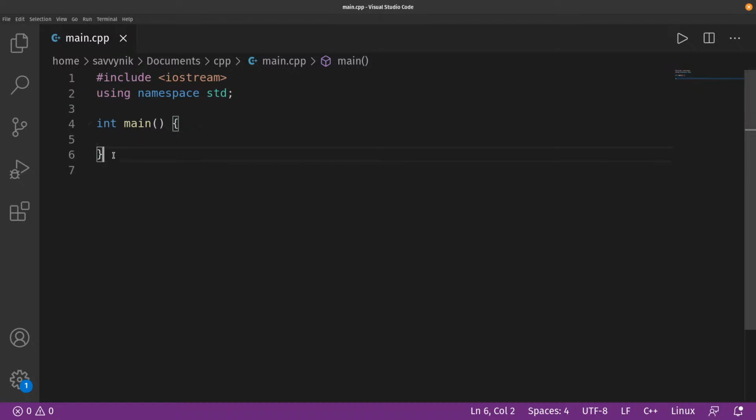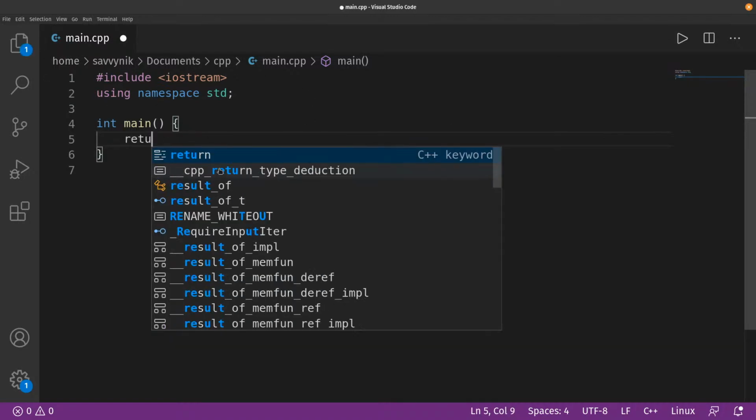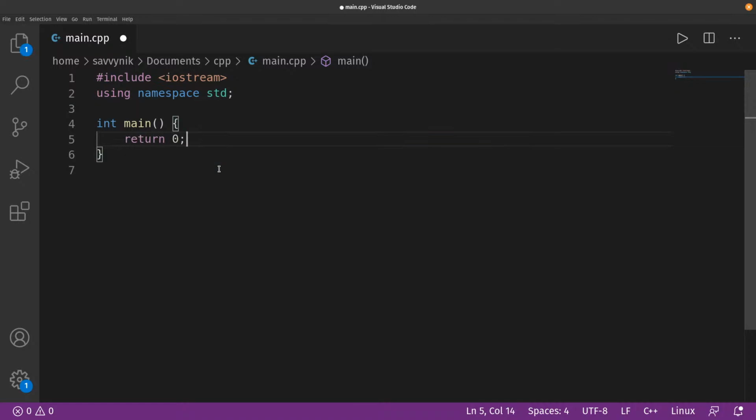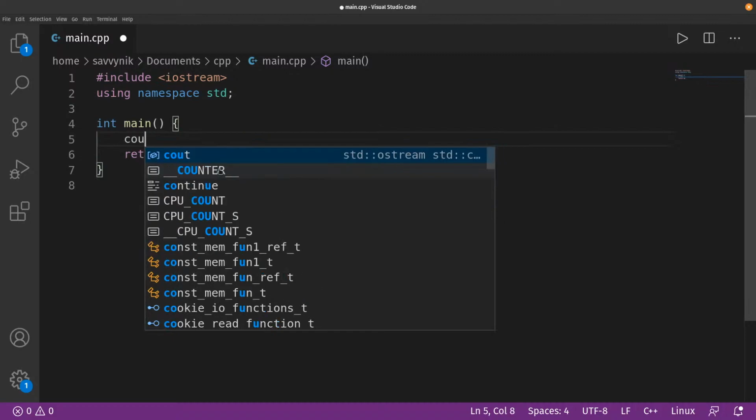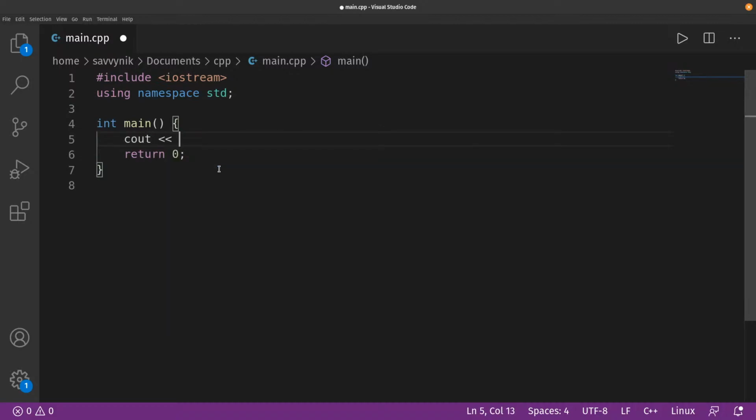So we got our main function here. This is what really runs first in the program, and we'll be writing some stuff inside of main so we can expand on some of those concepts that we covered in the last few episodes. Let's make sure that this can run. I'm just going to do a return 0 for completion, and why not make sure things are running so I can see stuff in the console. I'm going to cout